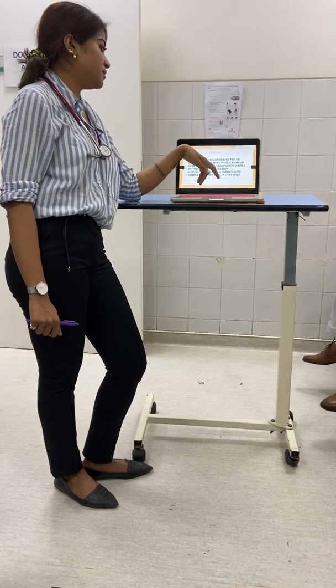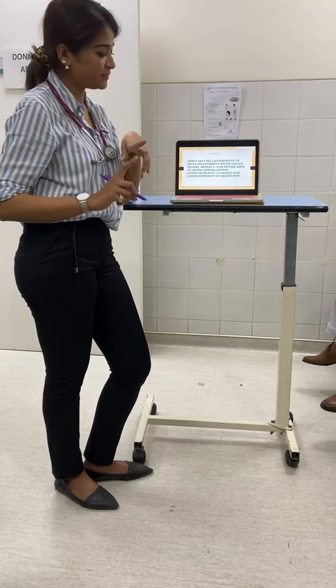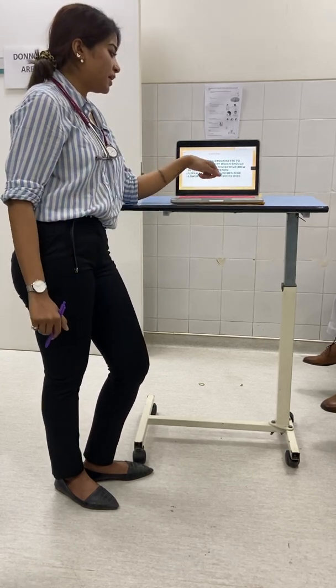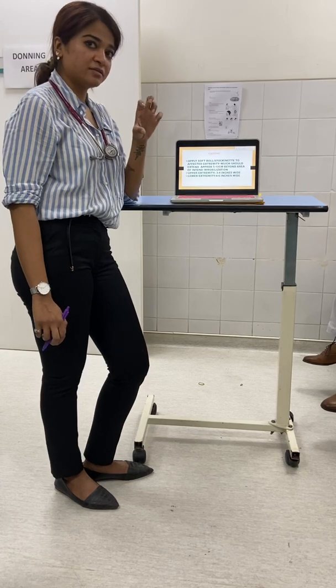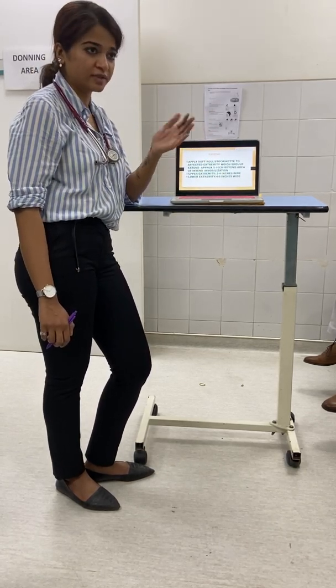Casting. Again, same thing. Apply soft roll, 5 to 10 centimeters. This is very important. In casting, it has to be the thickness of the cast. Make sure in upper extremity it's 3 to 4 inches, and again lower it has to be more, 4 to 6 inches.